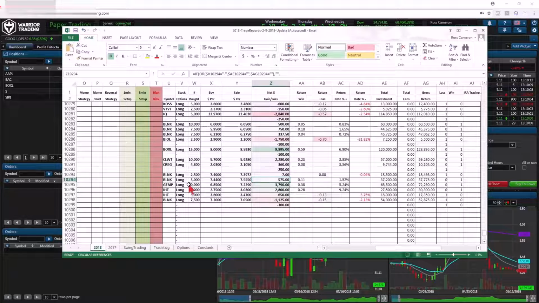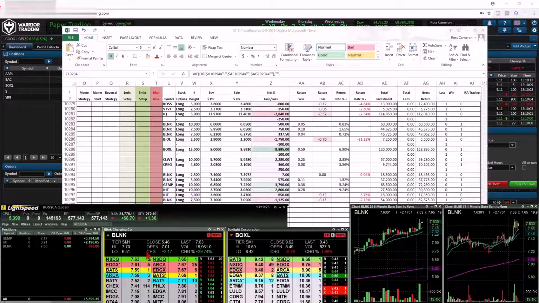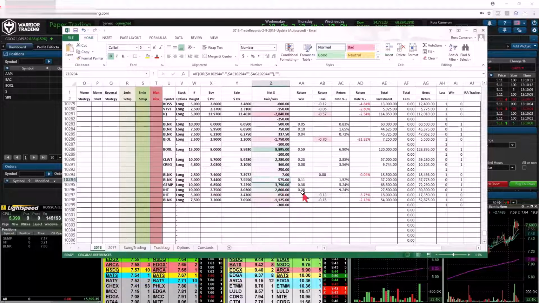So I made this in my real account here. I'll just show you what it is for today. This was my P&L, $3,794. So I did 3,790. It's close enough. It's not perfect, but it's close enough. 10,000 shares, 38 cents. And the benefit of doing this is that, at the end of the day, I can